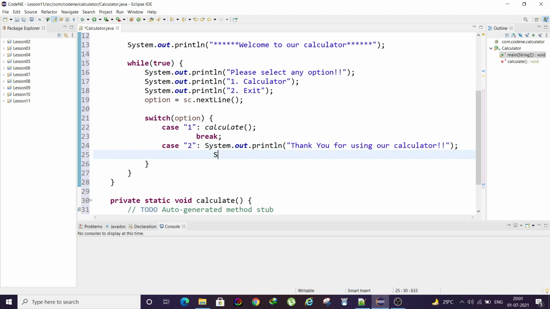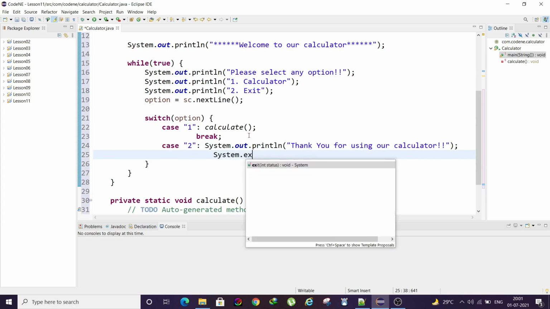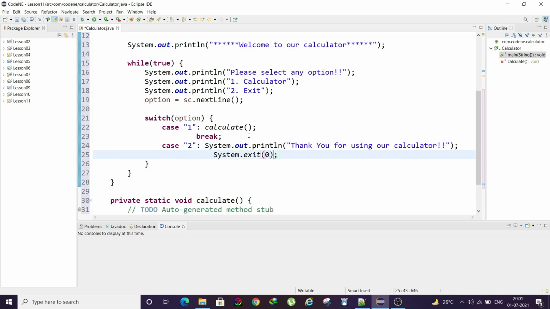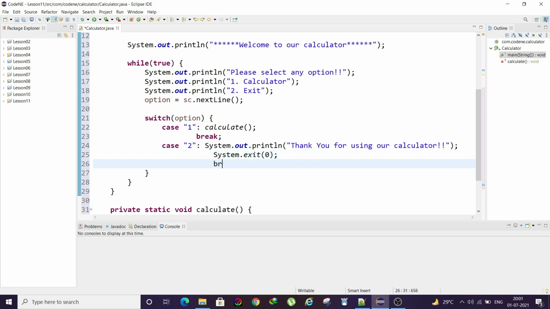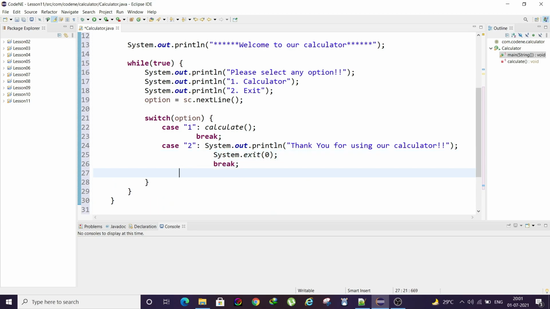Then it will be System.exit. This will simply exit the program. Now for default we'll print "Please select a valid option, 1 or 2."